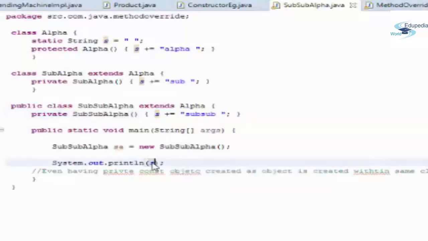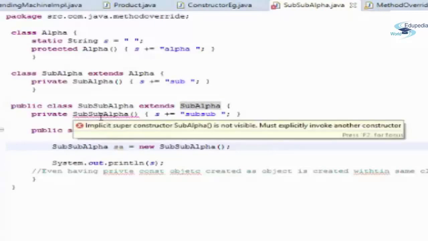Okay. Let me modify a little. Let me extend sub alpha instead of alpha. What do you think this will give us? Well, you can see over here we are getting an error, and this error says: implicit super constructor sub alpha is not visible, must explicitly invoke another constructor. Why is it so?